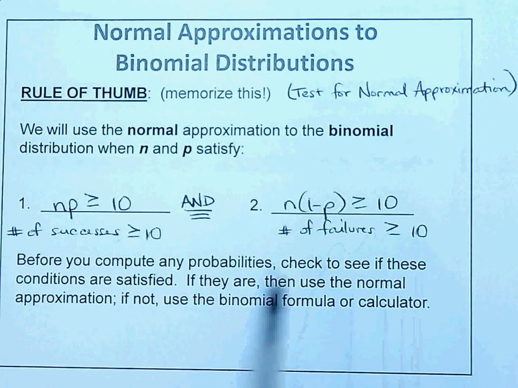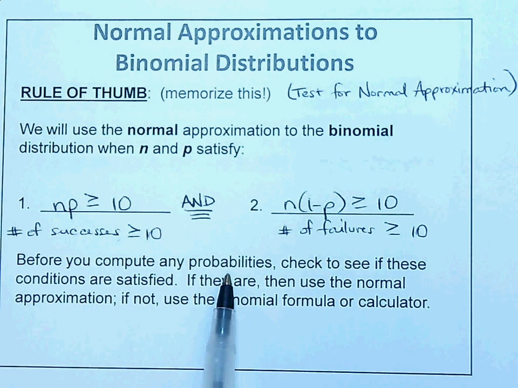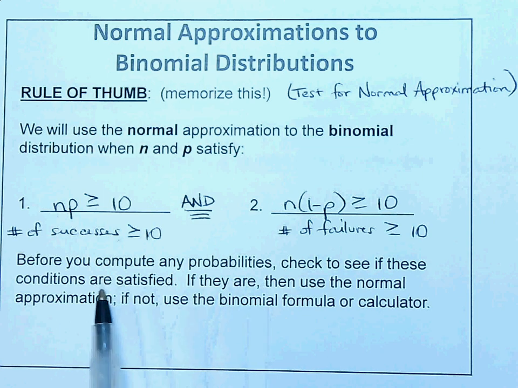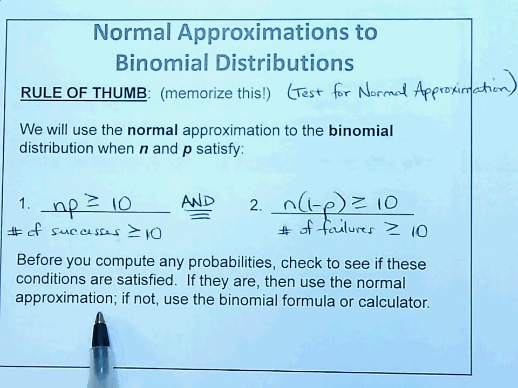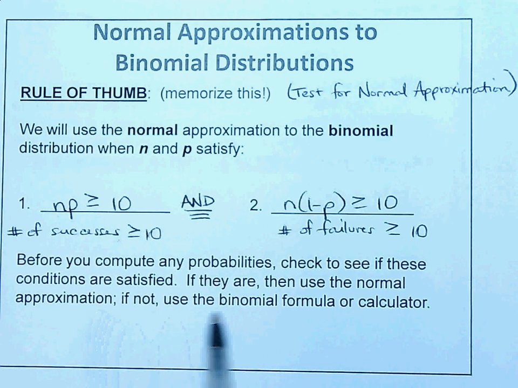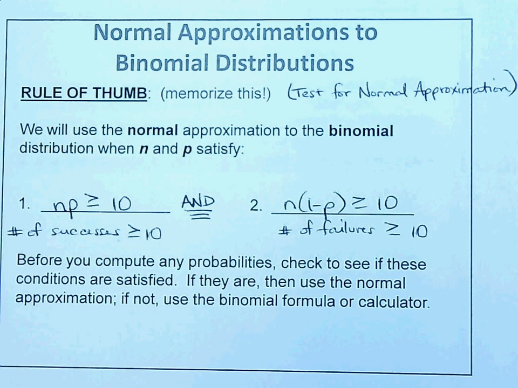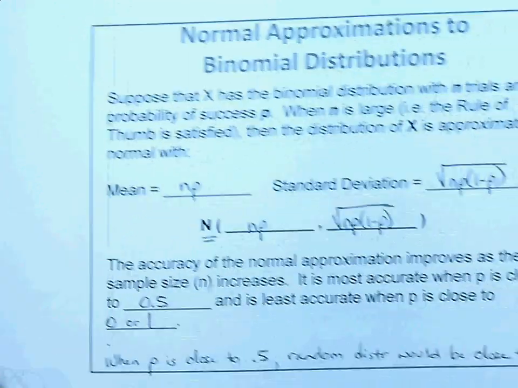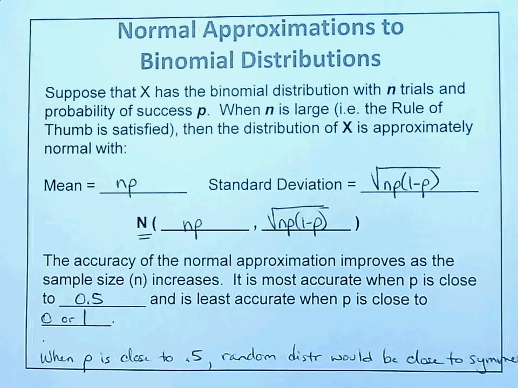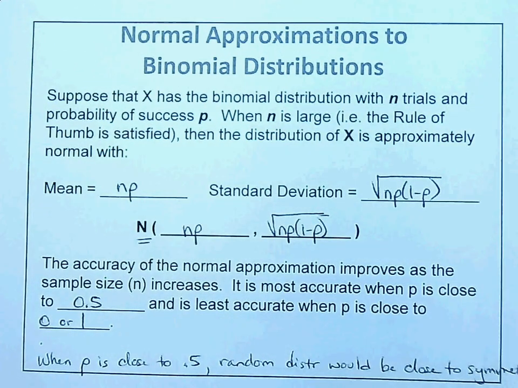So before you compute any probabilities using binomial CDF or binomial PDF, you want to check to see if these conditions are satisfied. If they are, we're going to use the normal approximation. If not, we'll use the binomial formula or the calculator. Always make sure that you check for the normal approximation capability. So if we're going to use a normal approximation, then we want to be able to understand what's the mean